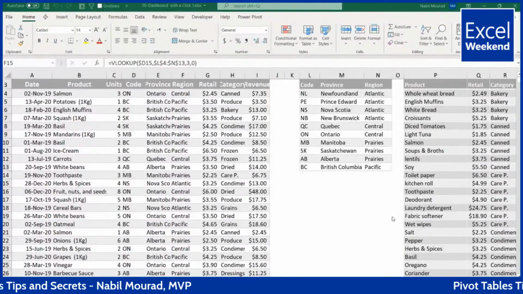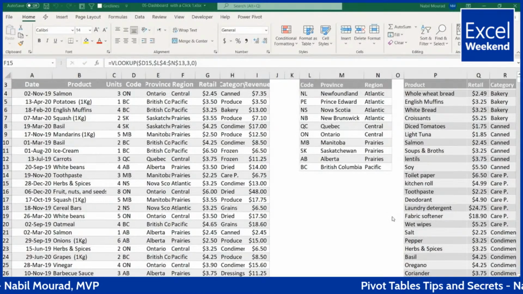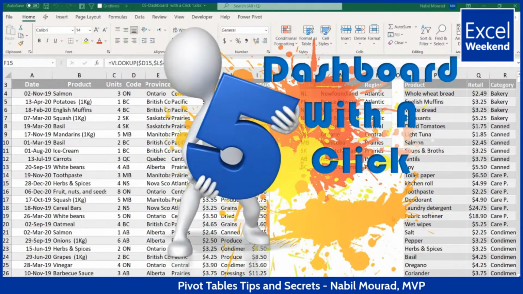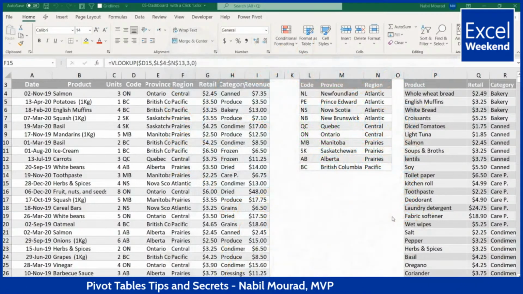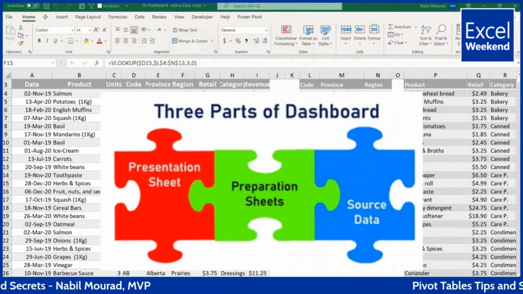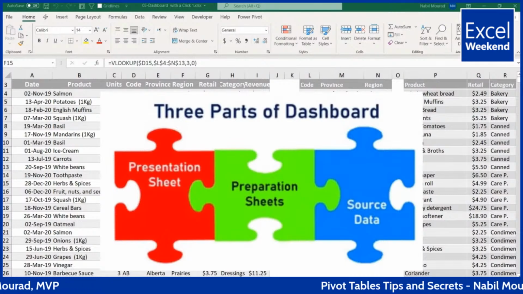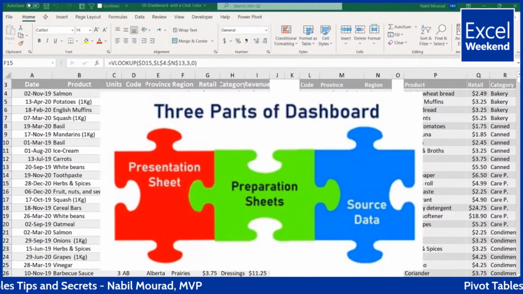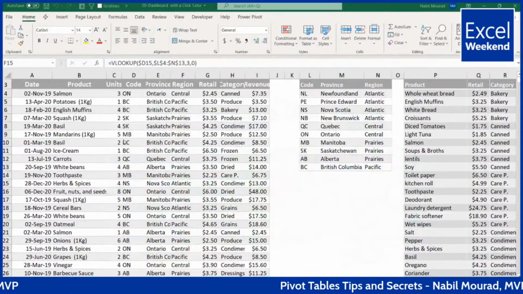A dashboard is a graphic summary that answers questions about our data, consolidated and arranged on one single screen so that information can be monitored at a glance. To create a dashboard, I have my source data, and then I need to create a preparation sheet. This is where I create all the pivot tables and the pivot charts. Then I copy the pivot charts into the dashboard worksheet,